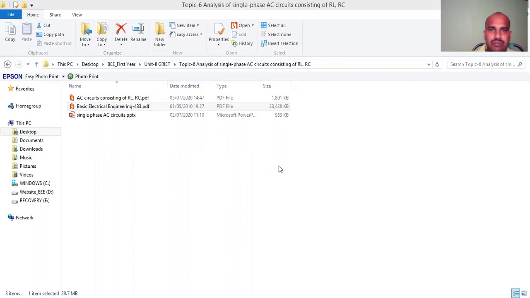Next is the combination V equal to VR plus VL. So VR equals 100 and VL equals j100 volts. So 100 plus j100, which is 141.42 at 45 degrees. So VM, the maximum voltage, equals root 2 into 141.42, which is equal to 200. So finally you get the voltage V equal to 200 sin(2 pi into 50 t plus 45 degrees).